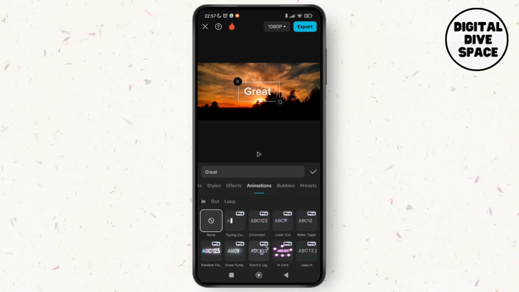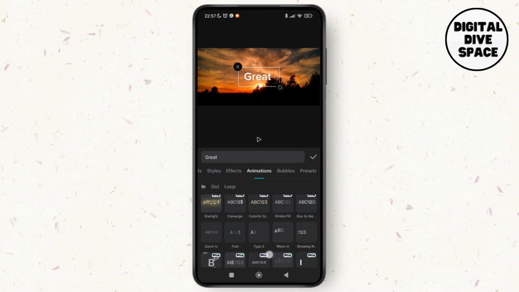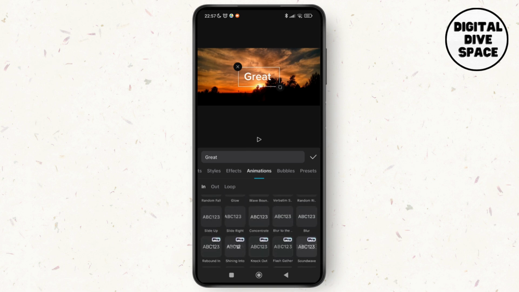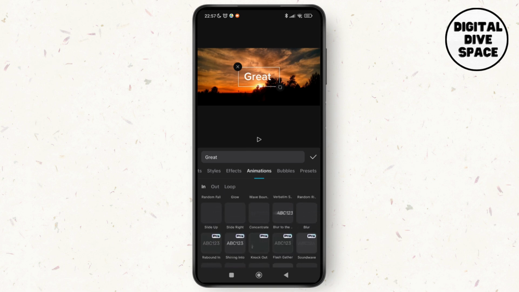As you tap on that, you'll be able to see different options related to this animation that you can possibly add on to the text. So just scroll down and you'll be able to find the option of blur. Scroll down again and here you can see the option of blur,